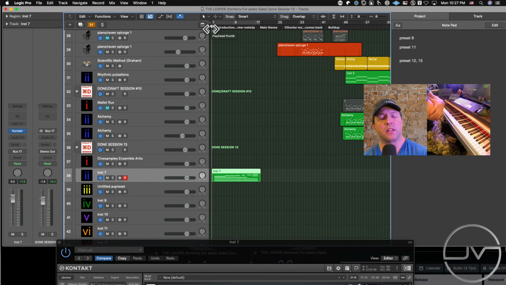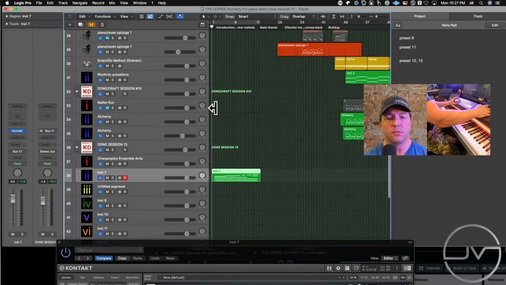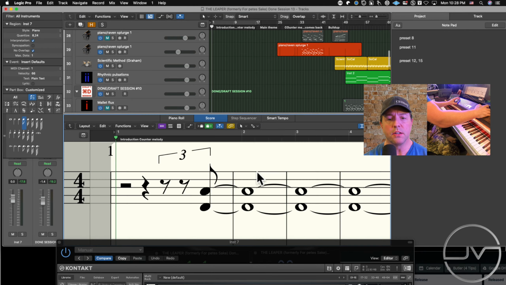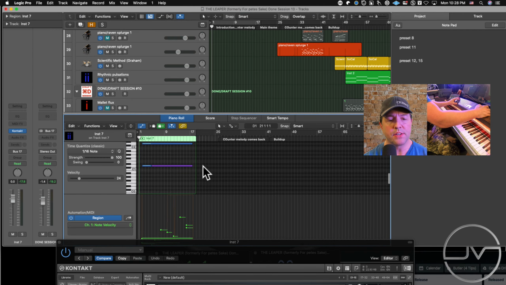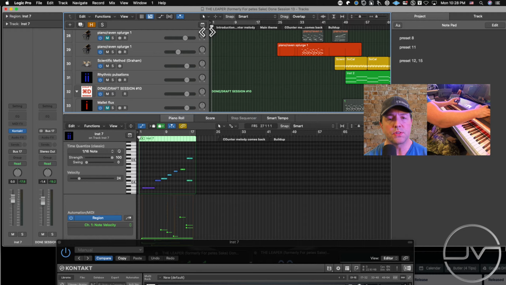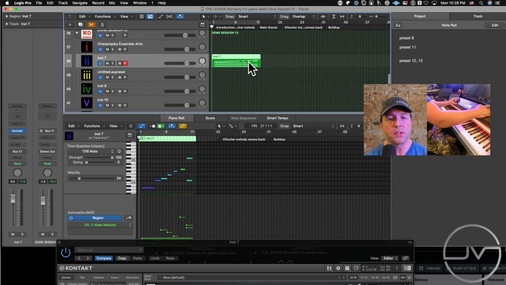So basically the line that I did there, we're just talking in terms of arrangement now, that was a rising line. See that? And you can see how moving through dissonances with a string line, something as simple as that, can add a tremendous amount of tension to an otherwise